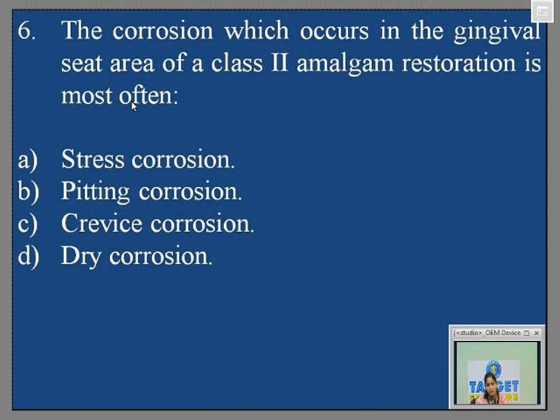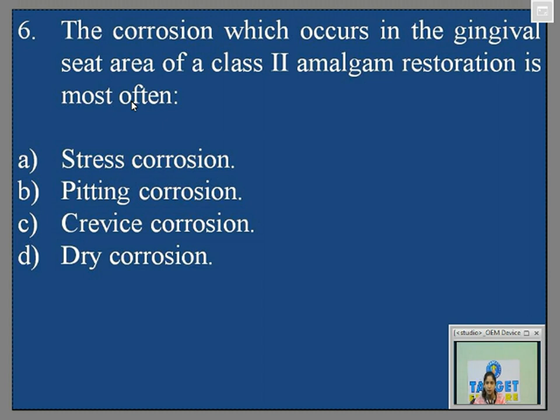So where is this tarnish generally seen? It will be seen in gold alloys which have a silver component in them. There you will see that they will undergo dry corrosion. Or also the silver eutectic alloys in the high copper amalgams can undergo dry corrosion. So silver-copper eutectic alloys which are a component of high copper amalgams, or gold-silver containing alloys, undergo tarnishing. So that is dry corrosion, which happens in the absence of electrolyte.